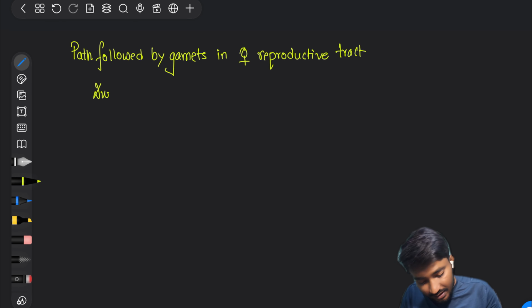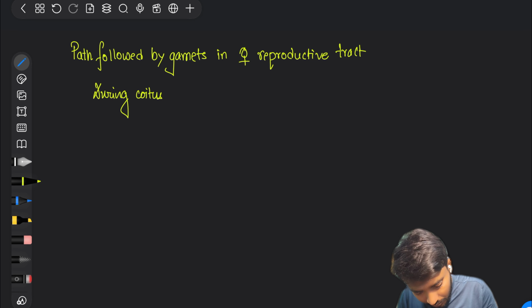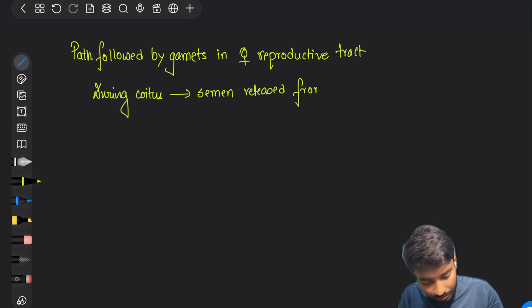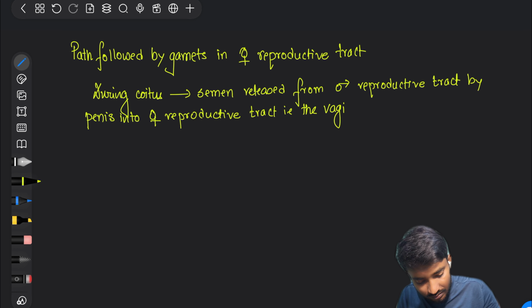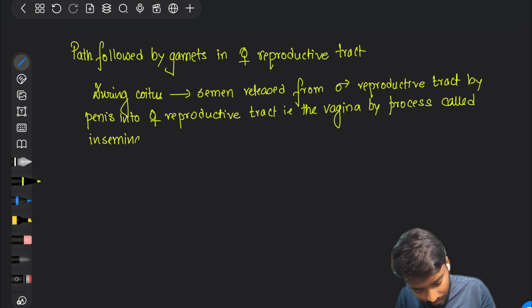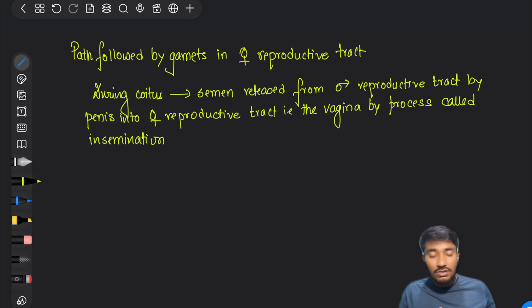Okay, so during coitus, the semen is released from the male reproductive system, or male reproductive tract, by the penis into the female reproductive tract, that is the vagina, by the process called insemination. So sperms released in the vagina